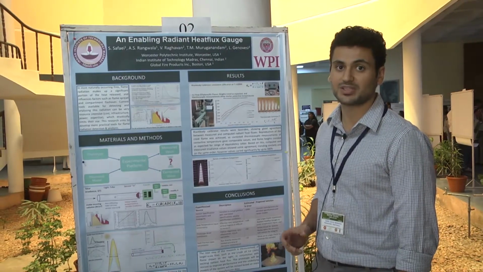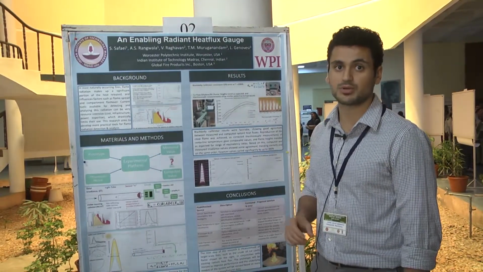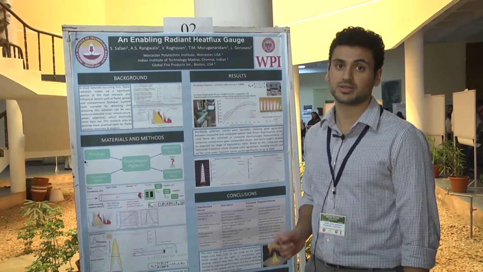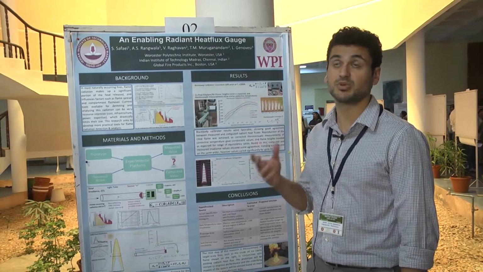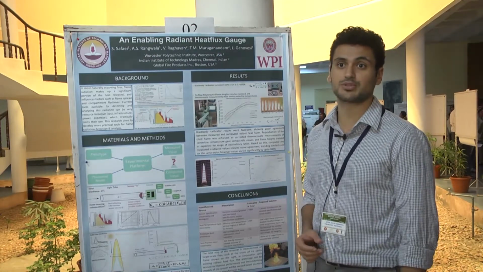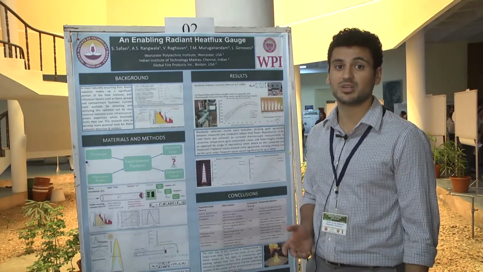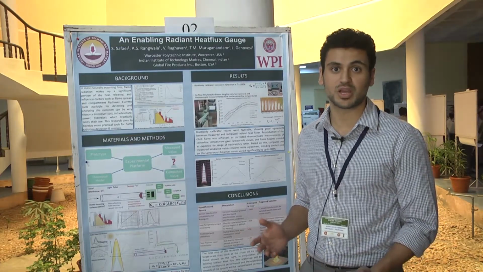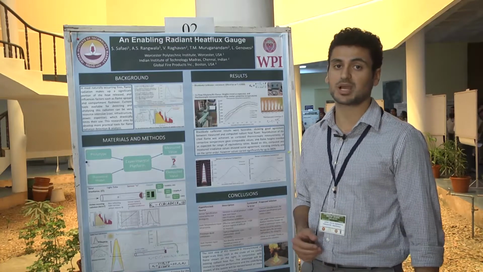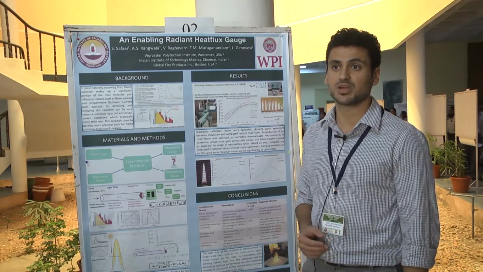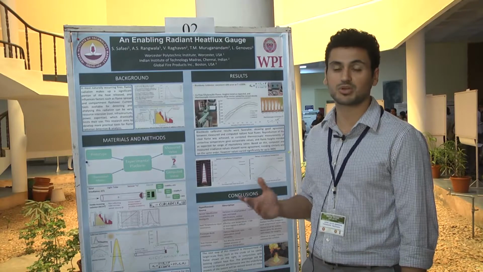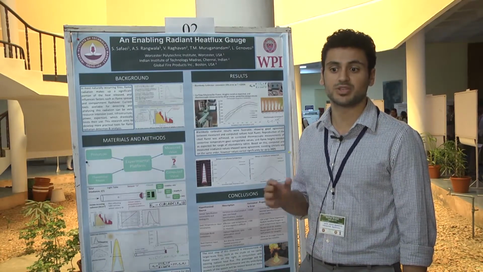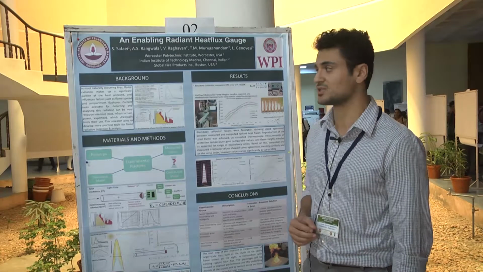Now, to give you an idea, the reason it's called the Enabling Radiant Heat Flux Gauge is because right now the gauges that we can use for measuring optical radiant heat flux are $2,000 to $5,000 US per unit. And because they're optical, you need multiples of them at different angles to capture information. Very quickly you realize that the cost exceeds the asset value that you're trying to protect, or it becomes very infeasible for most applications. As a result, it's not used in commercial or residential applications, and it's very often limited to very high value assets such as industrial applications.